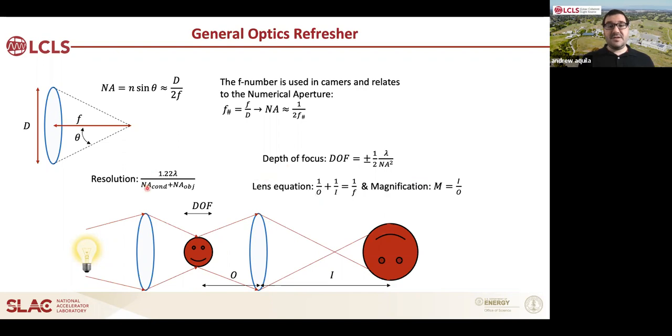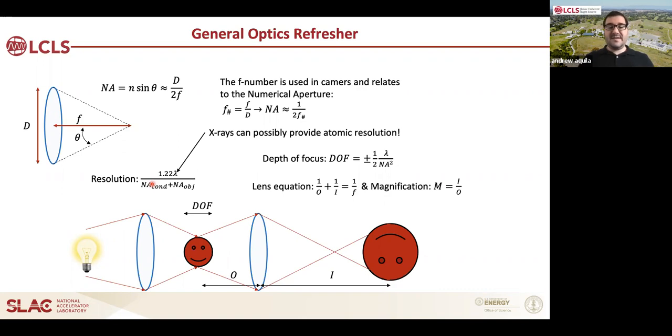But the resolution is effectively equal to 1.22 lambda over the numerical aperture. So it really depends on the size of the lens. You can't do this with any ordinary lens, and it also depends on the illumination light coming in. You'll notice it scales as lambda, which is important because if you really want to get to atomic resolution, which is one of the reasons we go to X-rays, to get to this atomic resolution. And these are the very basic equations you'll see in any optics textbook,